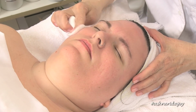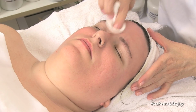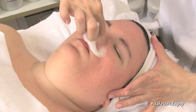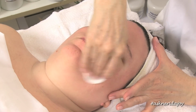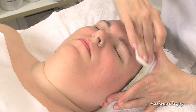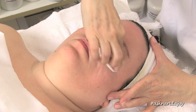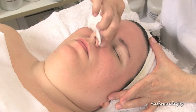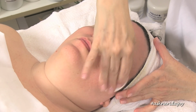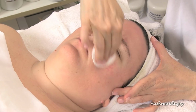And what we want to make sure we do, as I said, is get to the base of any pitting. So that means that you've got to put it on in different directions, and we're going to be going upward, downward, side to side, any which way we can, to make sure we really work it into the skin and get to the base of any pitting on her cheeks. Okay, I'm just putting another coat of the Fruit Complex number 2 on. But again, we're working it in well, upward motion,